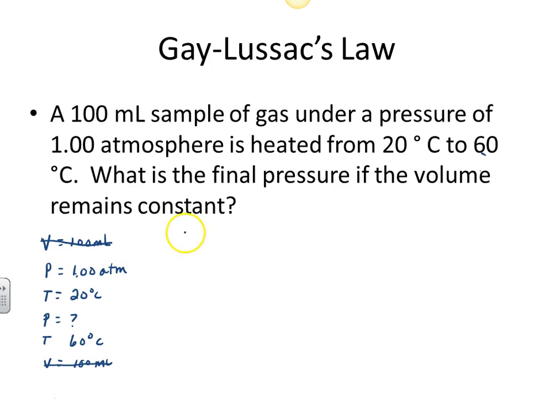So we end up with a relationship between pressure and temperature, initial conditions, final conditions. So our equation would have pressure over temperature equals pressure over temperature, initial, final, because pressure is directly related to temperature. And we have Celsius temperature, so we need to add 273 to be able to get the Kelvin temperature. This is 293 Kelvin. And then 333 Kelvin